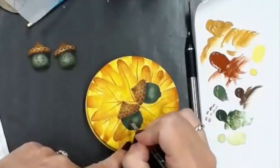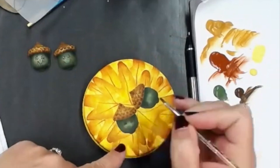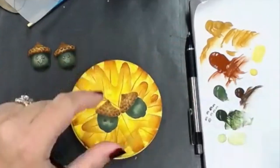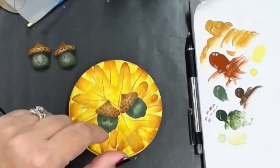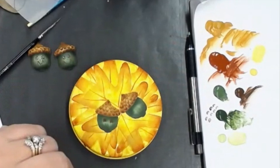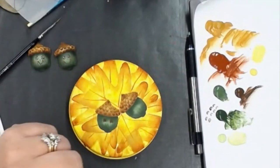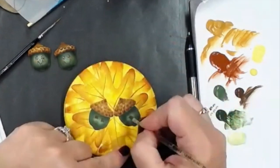And I'm going to put in 2 eyes. Yep, that works just fine. #2 filbert. Yeah, if you have the #2 filbert. If not, a 4 round probably would do it as well. And I'm going to put in these little